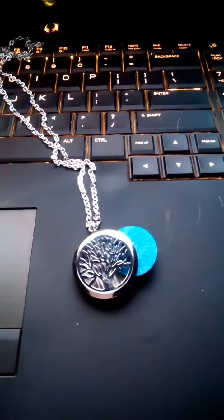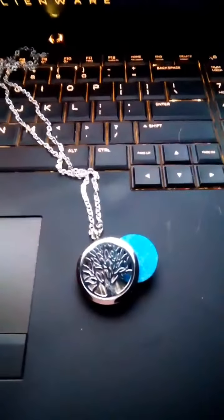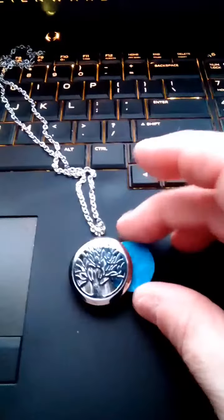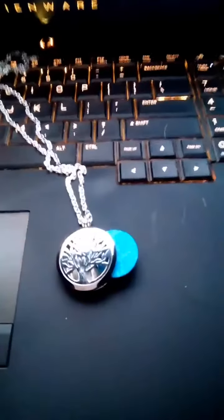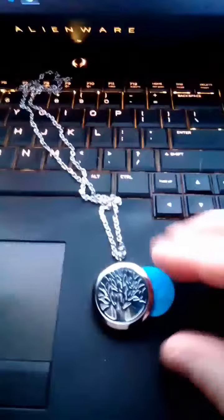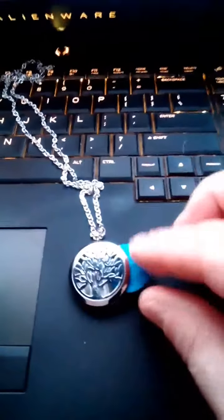This is the video for the diffuser necklace. It comes with these little pads. They are colors: orange, red, green, blue, white, yellow. Very pretty. You just put a few drops on the little pad, and then you stick it in the